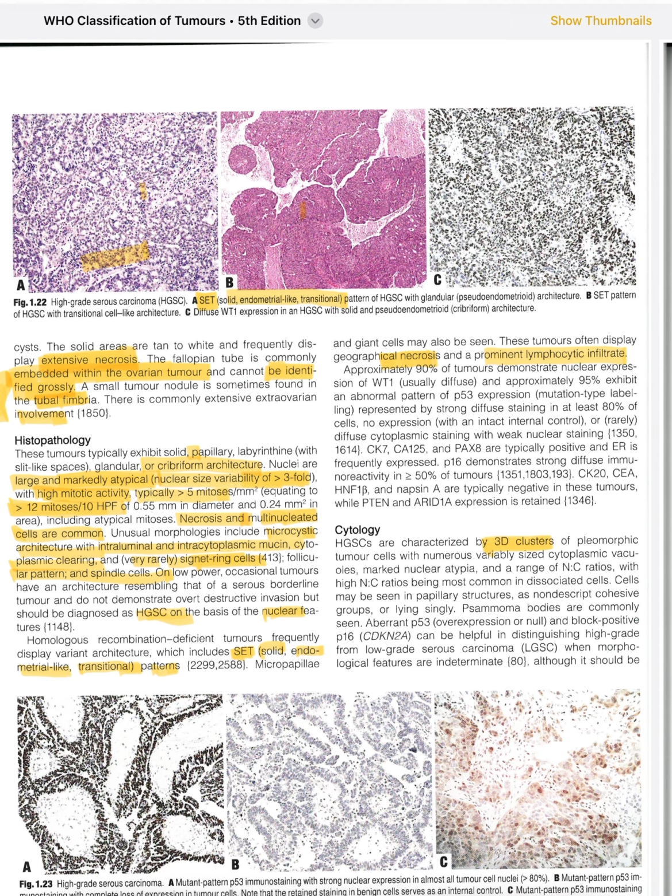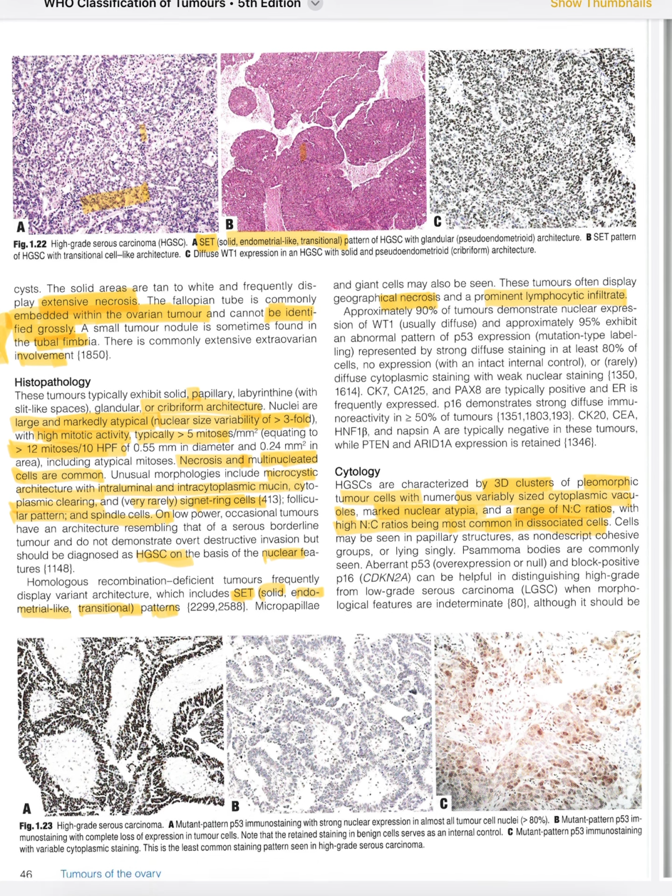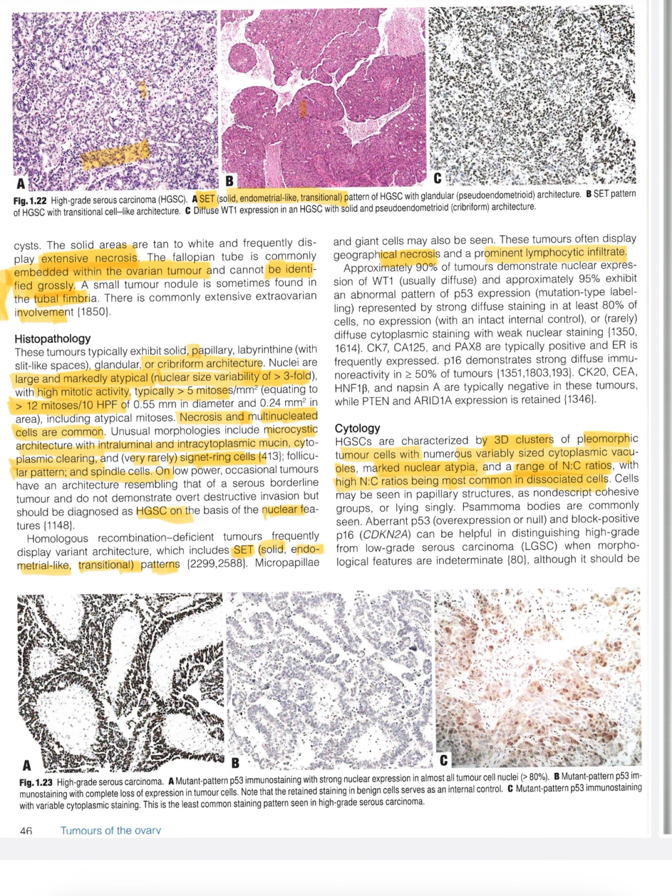If we talk about cytology, there will be 3D clusters of pleomorphic tumor cells with numerous variably sized cytoplasmic vacuoles, marked nuclear atypia, and a range of NC ratios. Okay, high NC ratio being the most common in dissociated cells. Here also we can see the P53 mutation, IHC with strong nuclear expression. In this we can see a complete loss of P53 in tumor cells, and in C we can see mutant pattern P53 immunostaining with variable